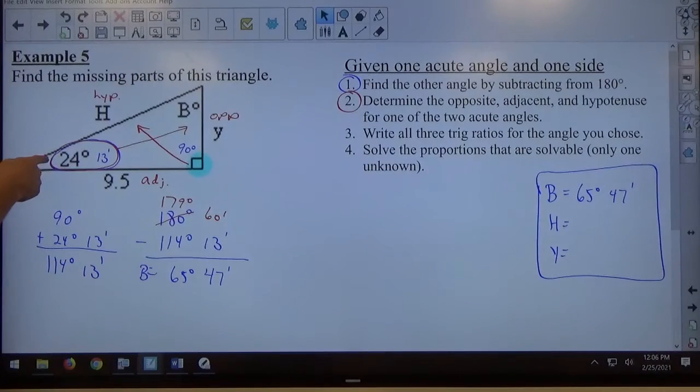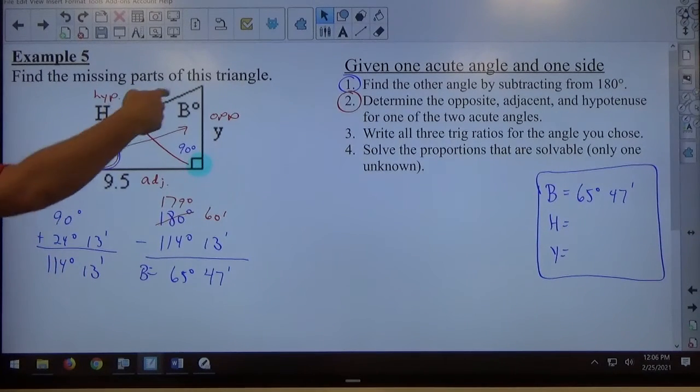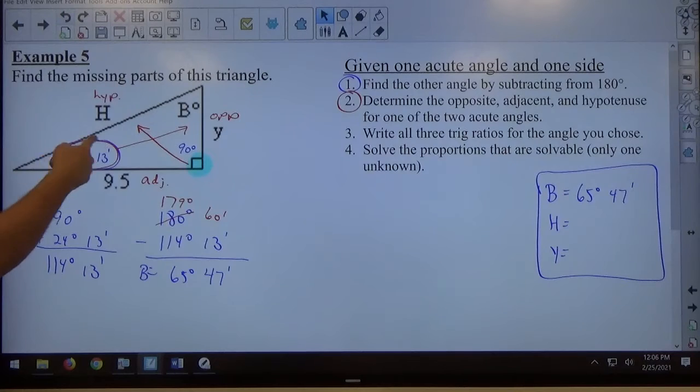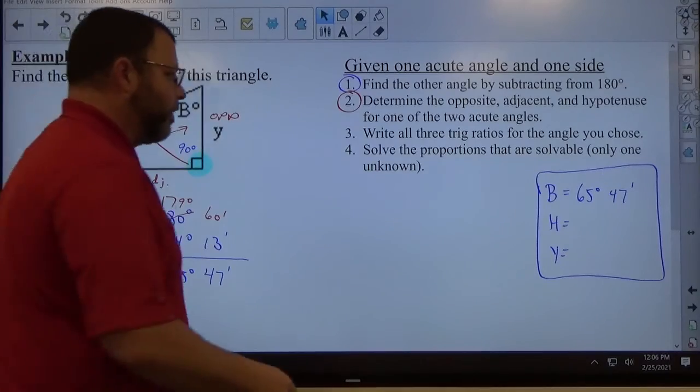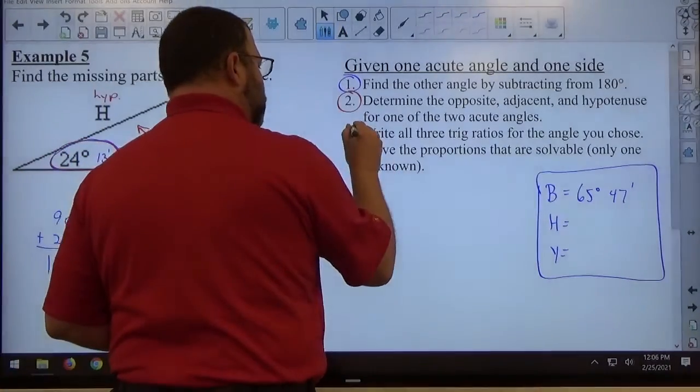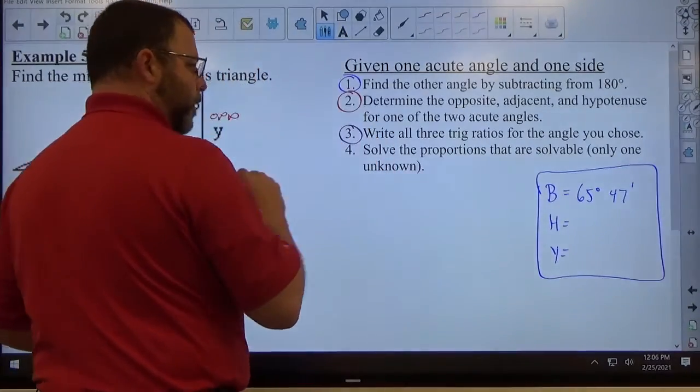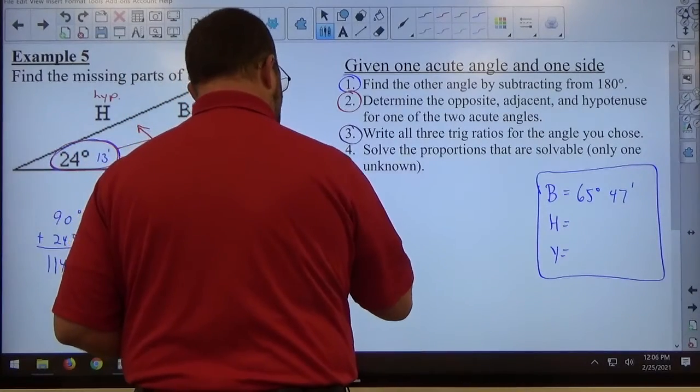You pick an angle, either this one or this one, not the right angle. But again, if they've already given you an angle, you should go with that one. Opposite, hypotenuse, adjacent, identify those 3 sides. And then we're going to use SOHCAHTOA in order to write the trig ratios. And if I look at SOHCAHTOA,